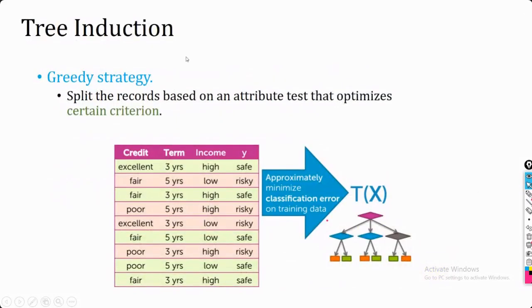Okay. One of the ways is the greedy strategy. In the greedy strategy, whichever looks best, select that one. Suppose I select the credit attribute, and based upon that credit, I am able to divide every instance very correctly, then I am going to select credit as my attribute. Whichever is working best, and we decide that best based upon some performance measure. If credit gives a clear-cut division between the given sets of instances, we select credit.